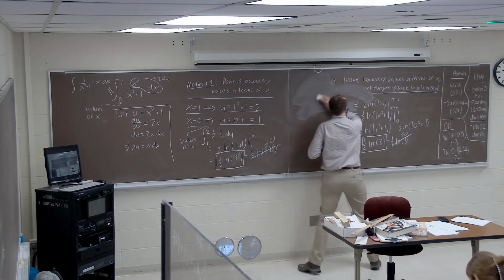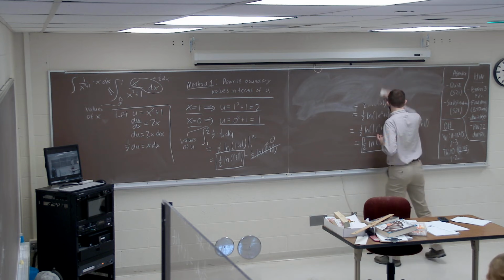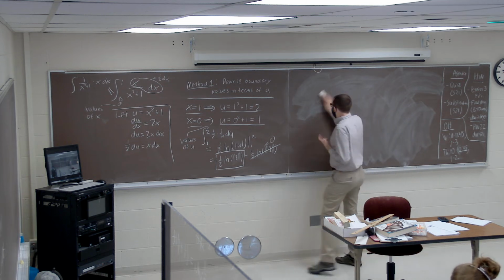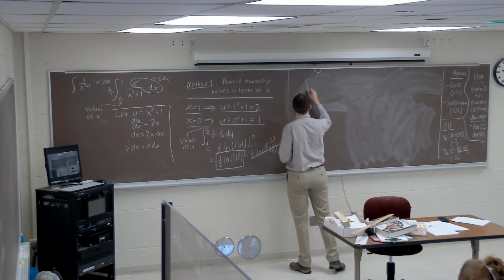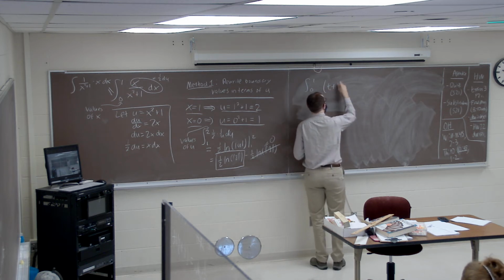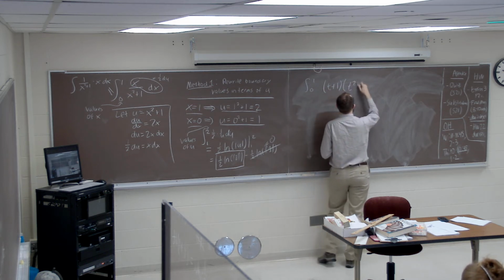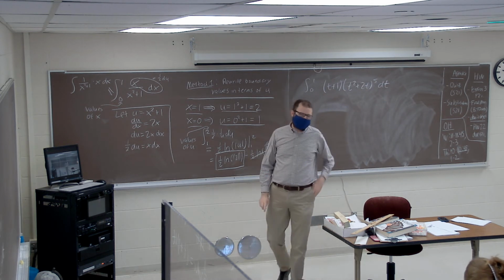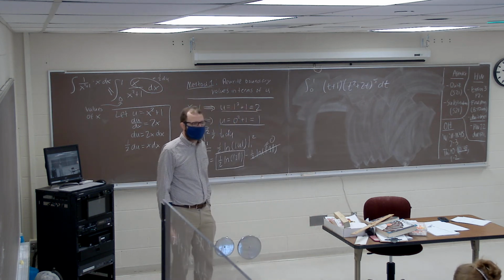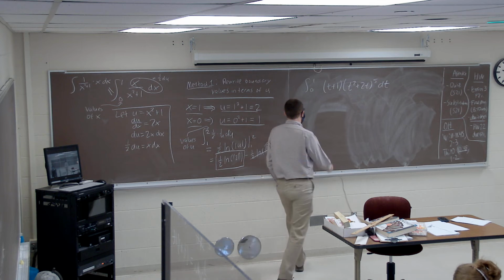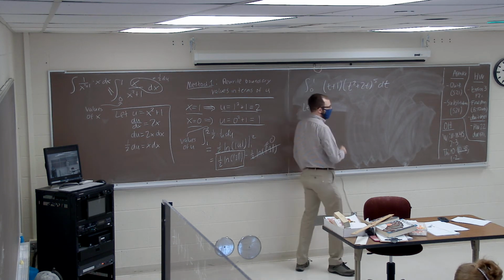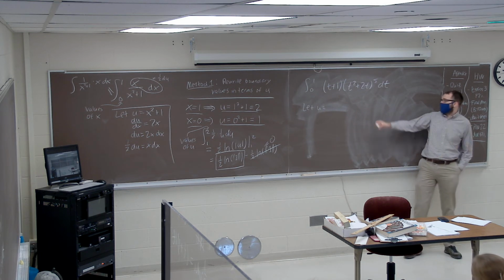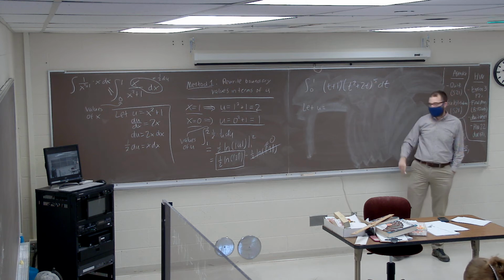All right, so let's evaluate the integral from 0 to 1 of t plus 1 times t squared plus 2t, all to the 5th power. So, anybody have a u for this one that they found to be helpful? All right, that's t squared plus 2t, the stuff we're taking to the 5th power. Sounds reasonable.